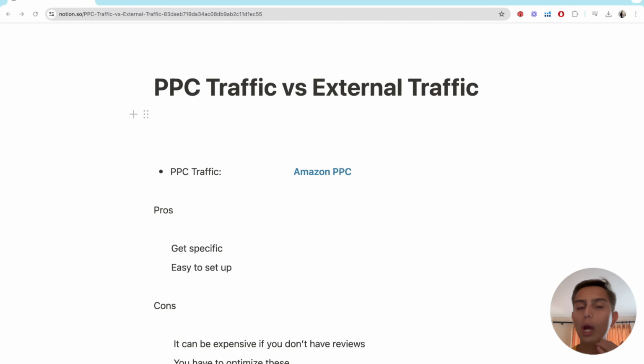To use both strategies, to be able to have a profitable product and a smooth transition when we're launching, in our first weeks, in our first months. This is what I've noticed works the best: combine these two, PPC traffic and external traffic. But as part of the PPC course, you need to know the difference, the pros and cons of each, because it's not always perfect.